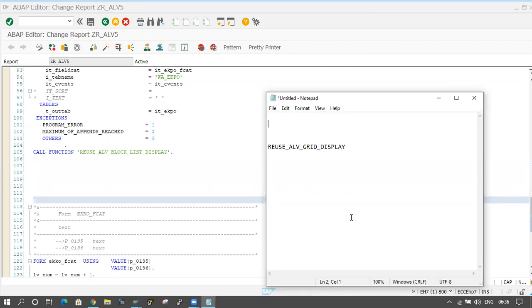But before that, they will call one more function module, REUSE_ALV_FIELDCATALOG_MERGE. So one more function module is there. I will try to use this function module first of all, before calling the grid display. This is a golden version.